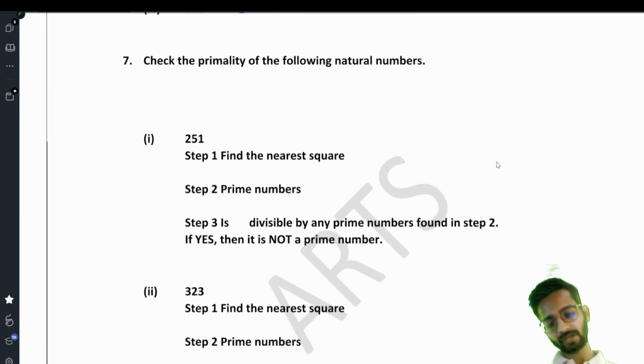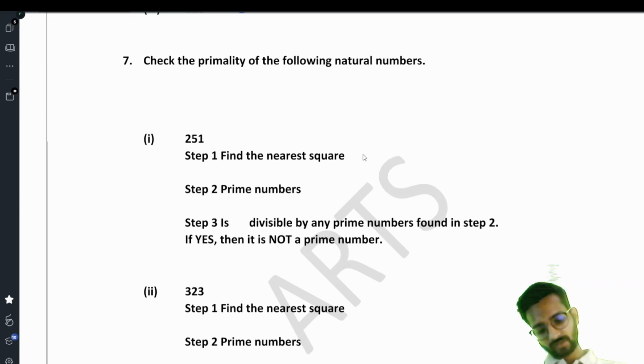How will we do that, and what do you mean by primality? It means whether these numbers are prime or not. How to check whether any number is a prime number or not. Now the first number we have here is 251. What is step 1? Find the nearest square. If I ask you the nearest square number before 251,